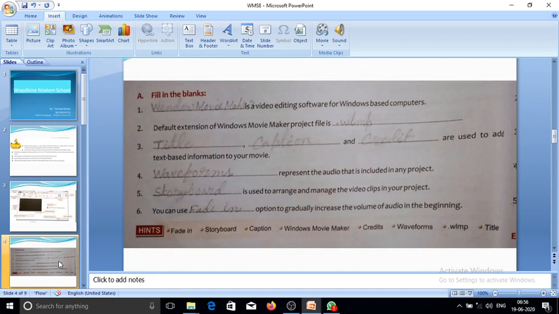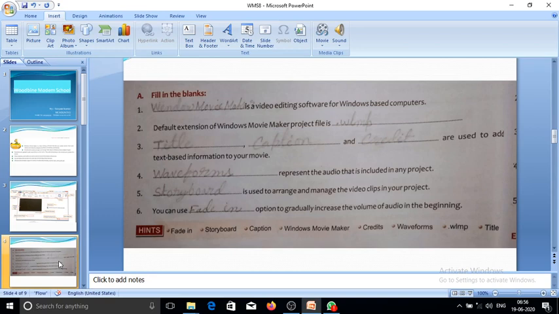Question number 3, title, caption and credits are used to add text-based information to the movies. Now waveform represents the audio that is included in any project.